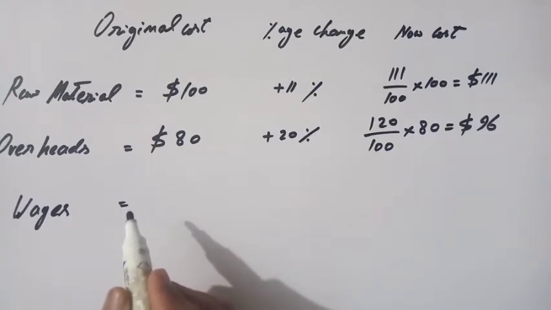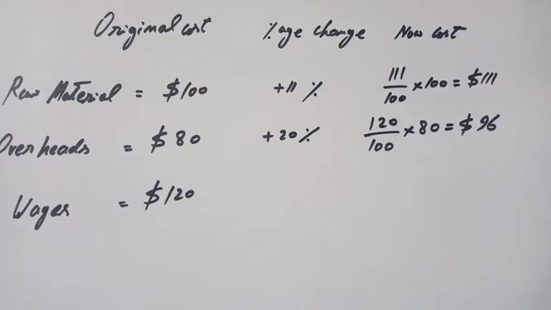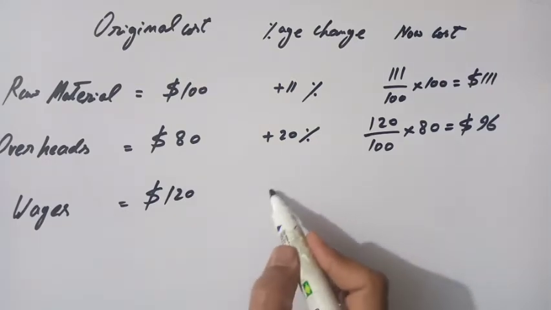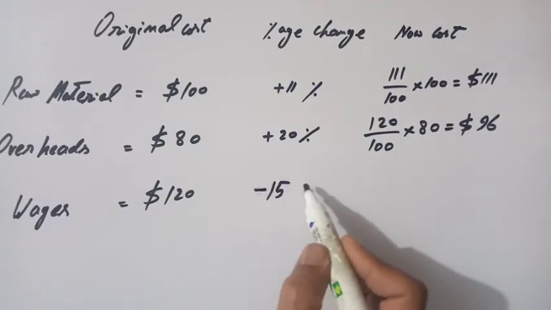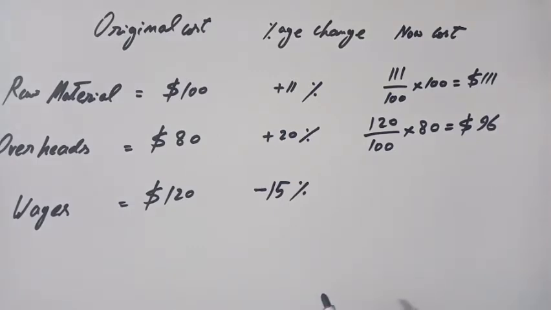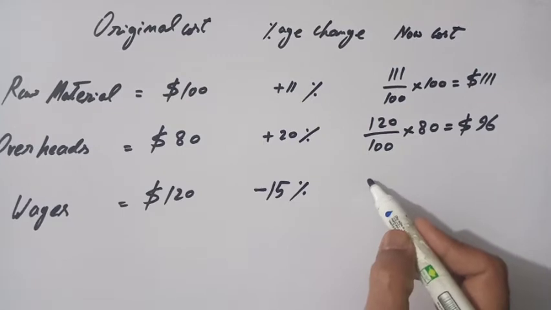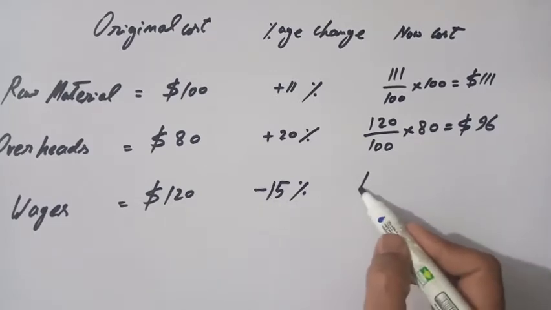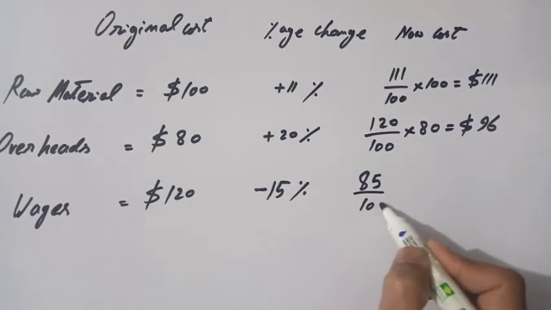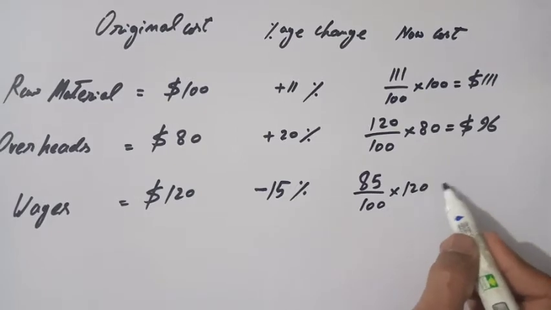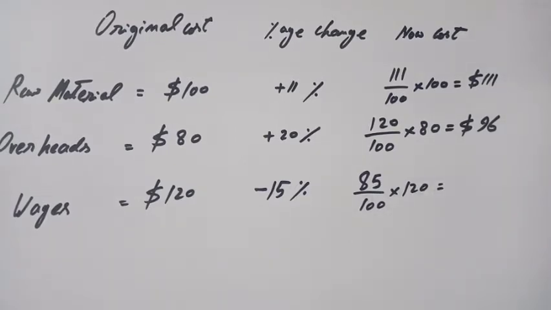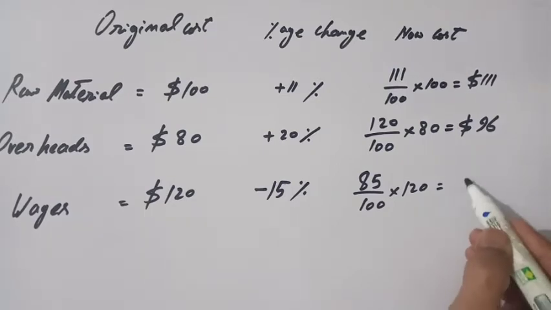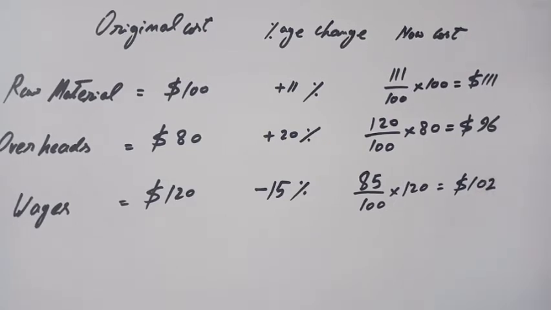The original cost of wages is $120, and in this case the decrease of 15% happens, so we will write minus 15%. Then 15 we'll subtract from 100%, so 100 minus 15 is 85%. It would be 85 by 100 in multiplication with 120. It would result in $102. Right? Now adding up all these,